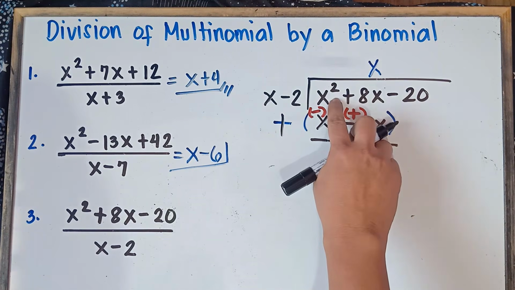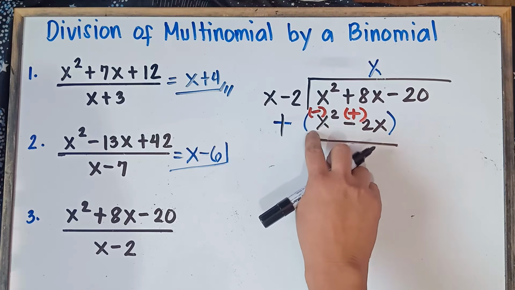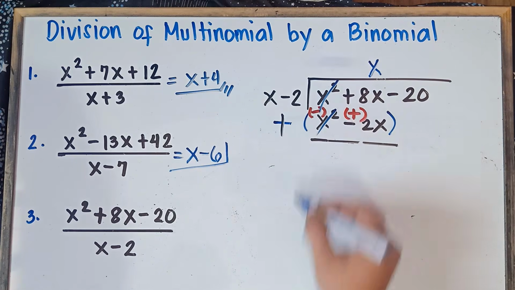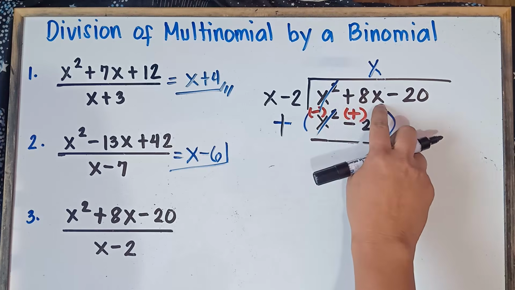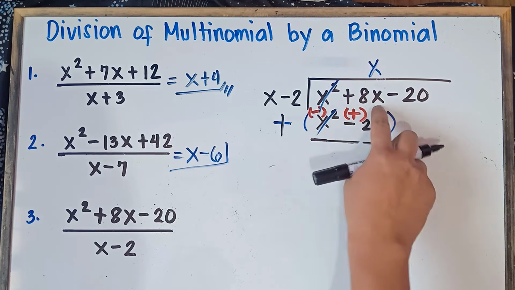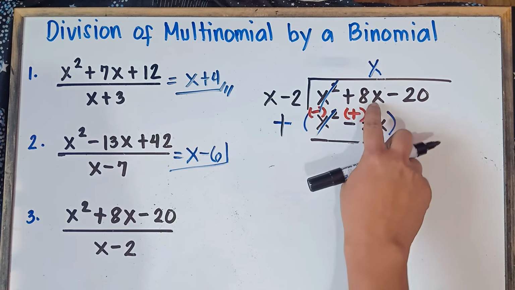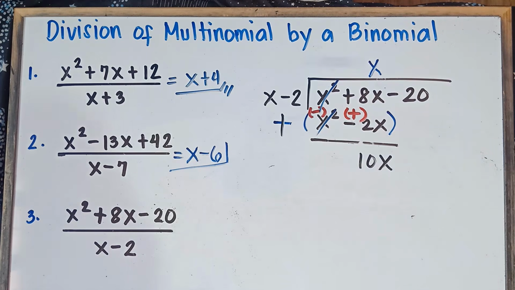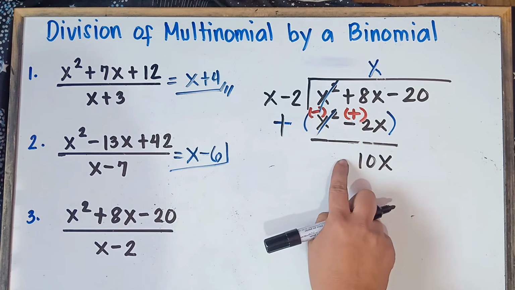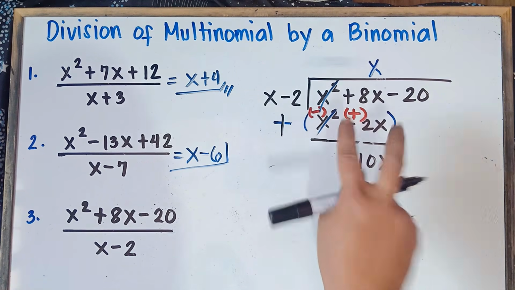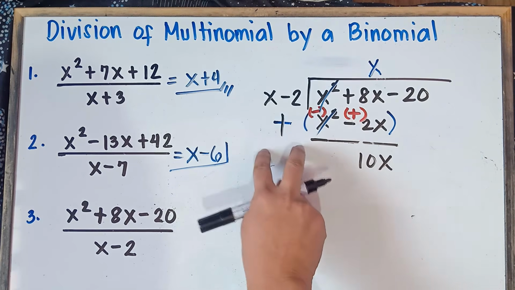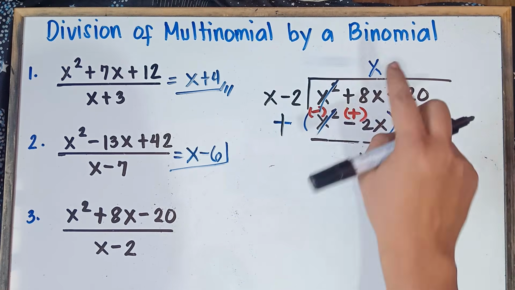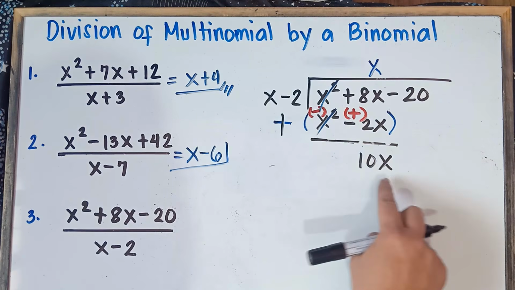Alright, so this will be x squared minus x squared. The positive from a while ago becomes negative, so x squared minus x squared is, of course, 0. We can just cancel this out. And then positive 8x plus 2x would be positive 10x. So you will have the same answer, class, as a while ago when you distributed. So once again, for you not to be confused, simply change the sign of the subtrahend, then proceed to addition. 8x, the negative from a while ago becomes positive 2x. 8x plus 2x, of course, would be 10x.